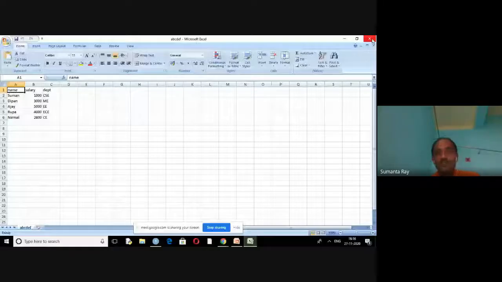That is one data set: name, salary, department. Another one is ABCDEF, that is also name, salary, department. Three columns are there. Actually, my motive is that I am going to merge these two relations. How will it be possible? First, we have to import it.